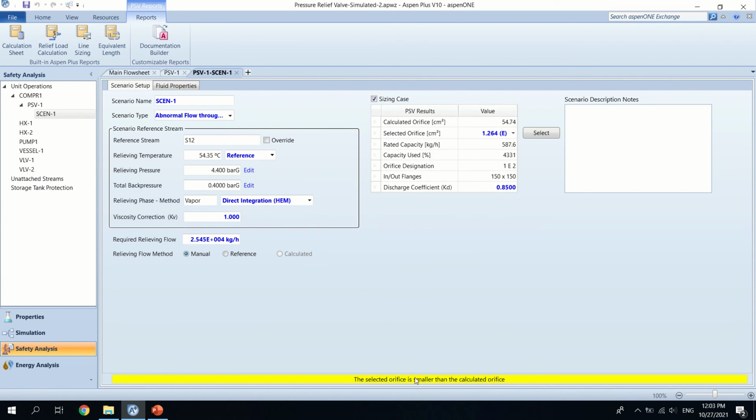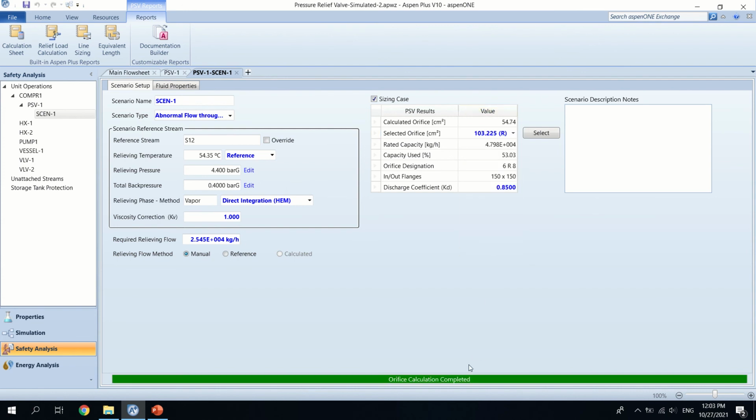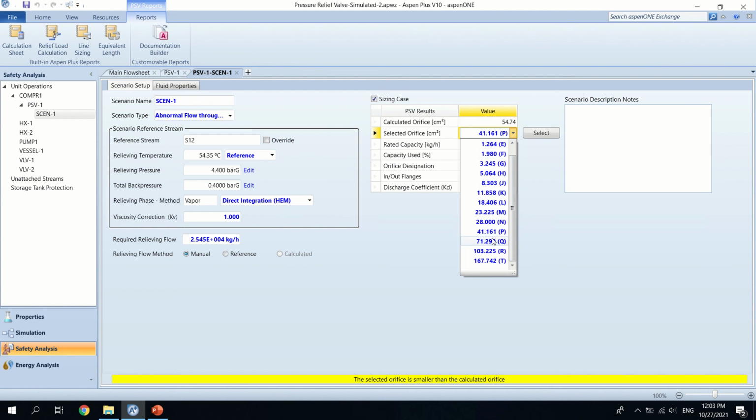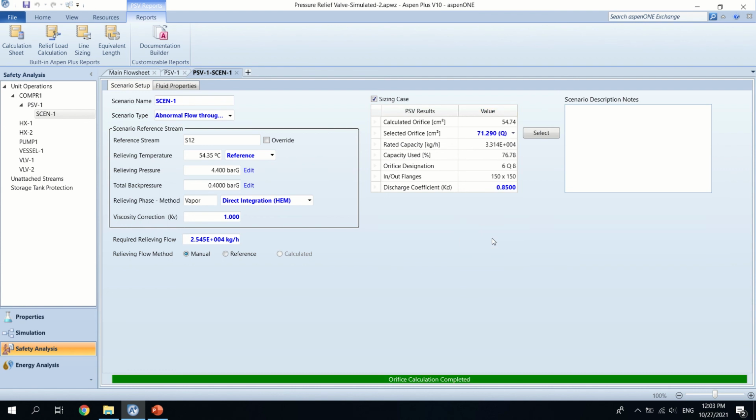It said the selected orifice is smaller than the calculated orifice, so it's trial and error until the yellow ribbon goes to green. I select G type, L type, no, R type, okay, it's green, but I examine the P type, okay, and the Q type is the last one, and I select this orifice area as Q. I go to PSV1,